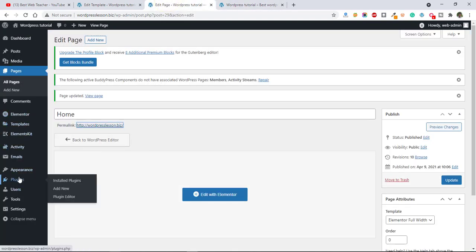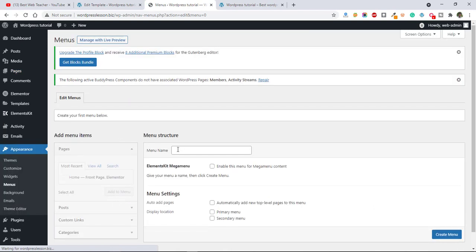First we are going to create the menu. Click on appearance and then menus. After that create a new menu, click here, type the menu name, and select primary menu.